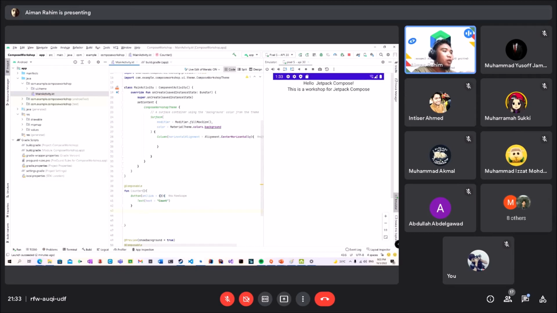And then I want a text. Oh, sorry, just make it more self-documenting. So text. What else do I want to put? Maybe 0 for now, and then just call the composable function,